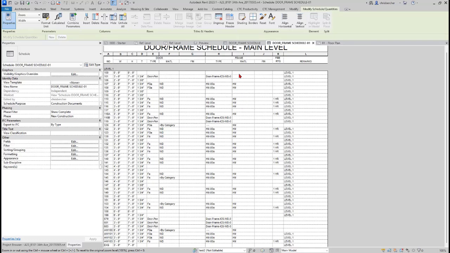Now you can see door frame material and door panel material, both populated, both showing me the materials being used by the families based on the parameters that we had added, which is great. You can see it maintained all my formatting up here, just like I said it would. The material formatting here was grouped, so door panel material maintained its grouping under the door heading. Same thing over here on the frame side. So schedule parameter resolver just brought us full circle with the changes that we had just made